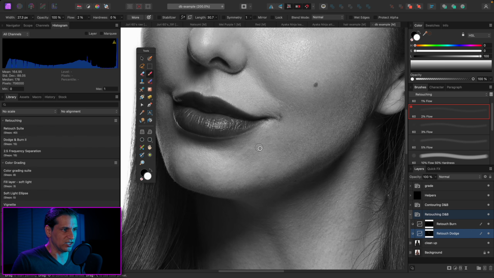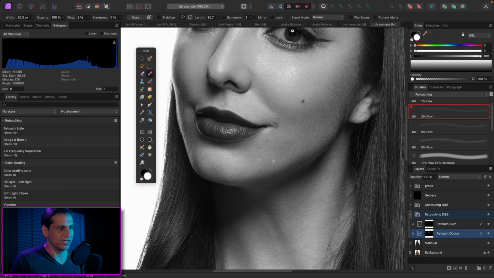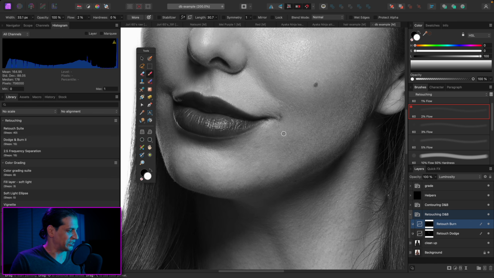If I'm doing some dodging here and I want to switch to a burn, and I do some burn to make it darker, and I switch back to dodge, go back to burn, a lot of times I'll have a bug like that where all of a sudden between switching layers, it just deactivates that layer and causes a distracting little bug like you saw earlier. So I'm actually glad that one popped up because again, this is a bug that doesn't pop up all the time, but it pops up